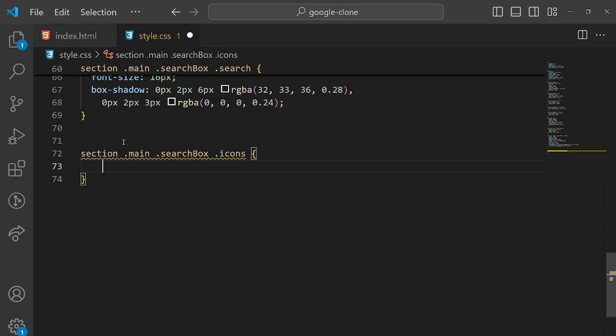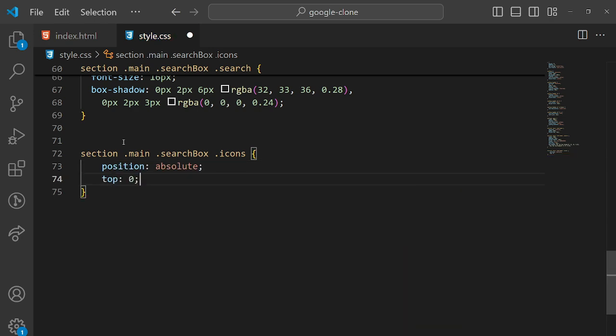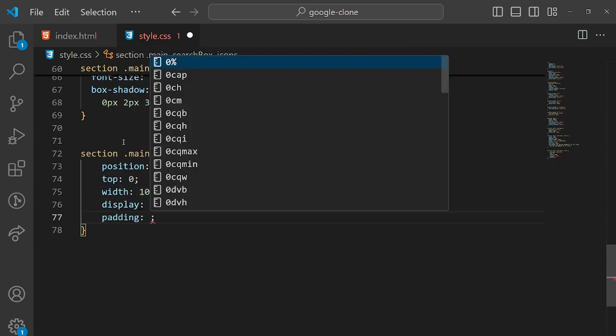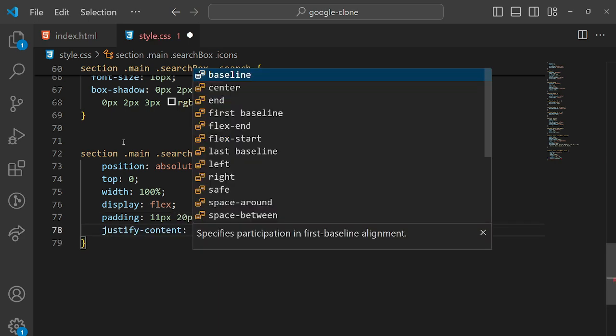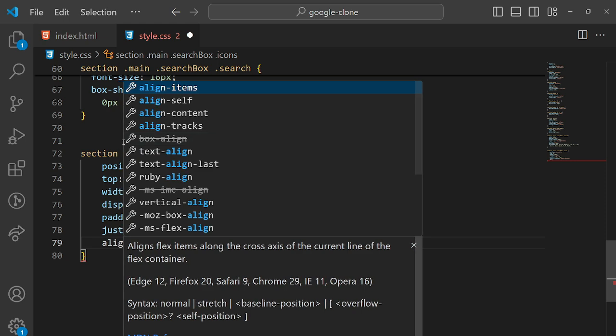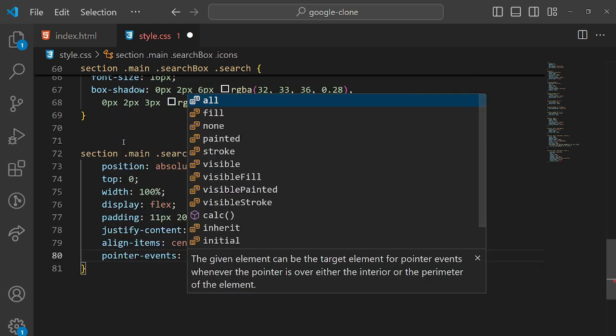Okay, so inside this, position is absolute, top is 0, width is 100%, display flex, padding is 11 pixel from top and bottom and 20 pixel from left and right. Justify content space between, align items center, and pointer events is none.